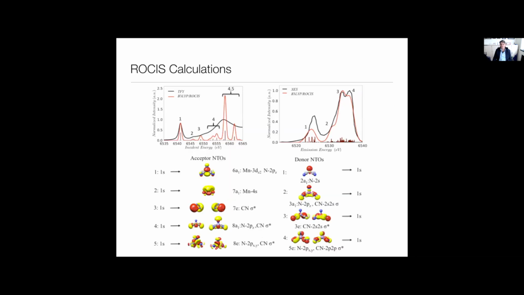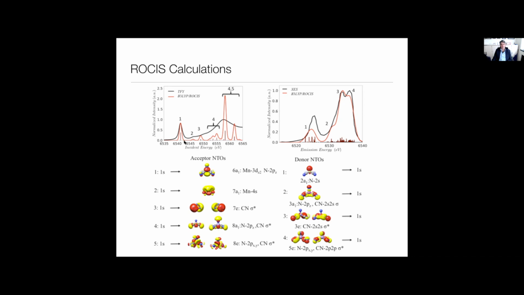Likewise, these ROSES calculations are actually in fairly good agreement with experiment. They nicely reproduce here that pre-edge feature. Then, of course, how accurately that part of the spectrum in the rising edge is reproduced is open to debate, because the experimental resolution is not great. But by and large, both the XES and the XAS are nicely reproduced, and so I'll show you the calculated RIXS in a moment. And you can basically, on that basis, assign these peaks.